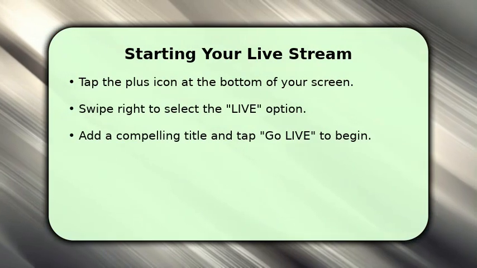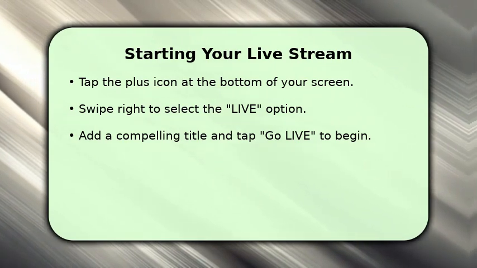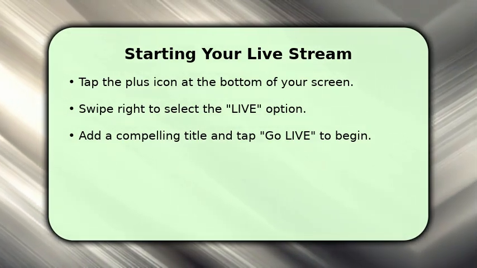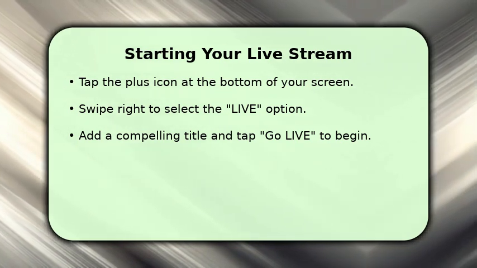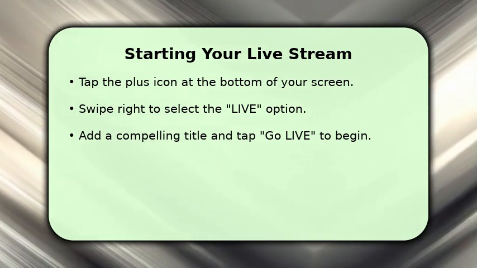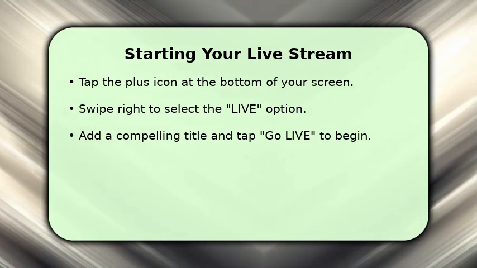Once eligible, starting your live stream is straightforward. First, open the TikTok app and tap the plus icon located at the bottom center of your screen. Next, swipe right through the camera options until you find and select the live button. Before broadcasting, add an engaging title for your stream, then simply tap Go Live to start your real-time interaction with